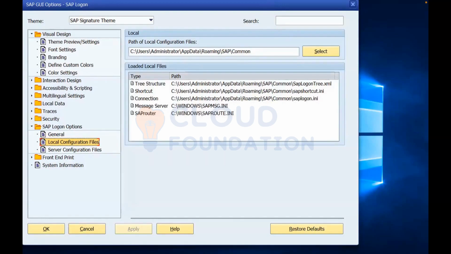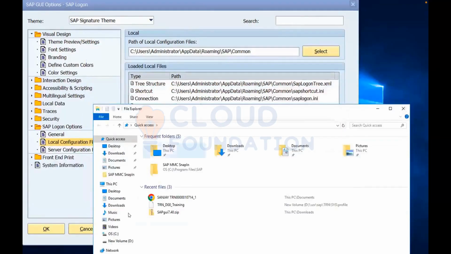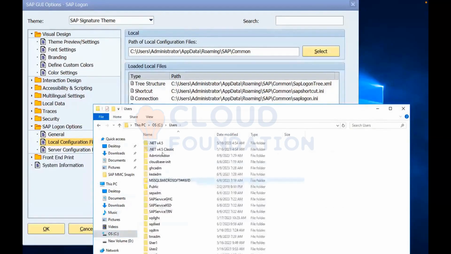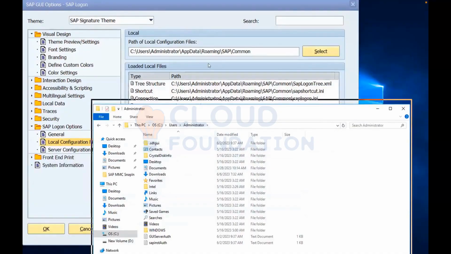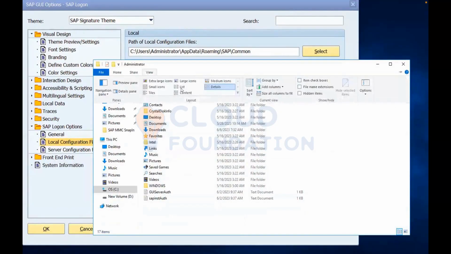I am going to take the backup of this file. The location is C, Users, Administrator, AppData.